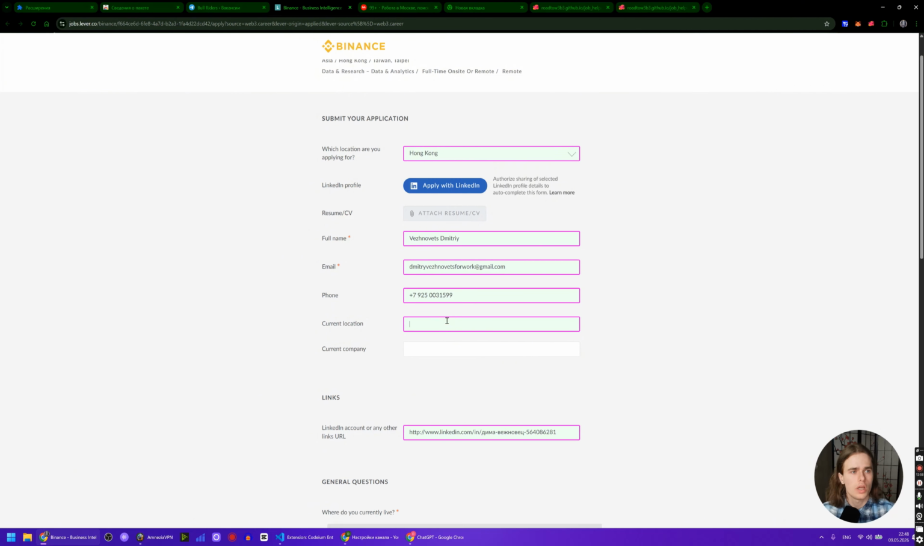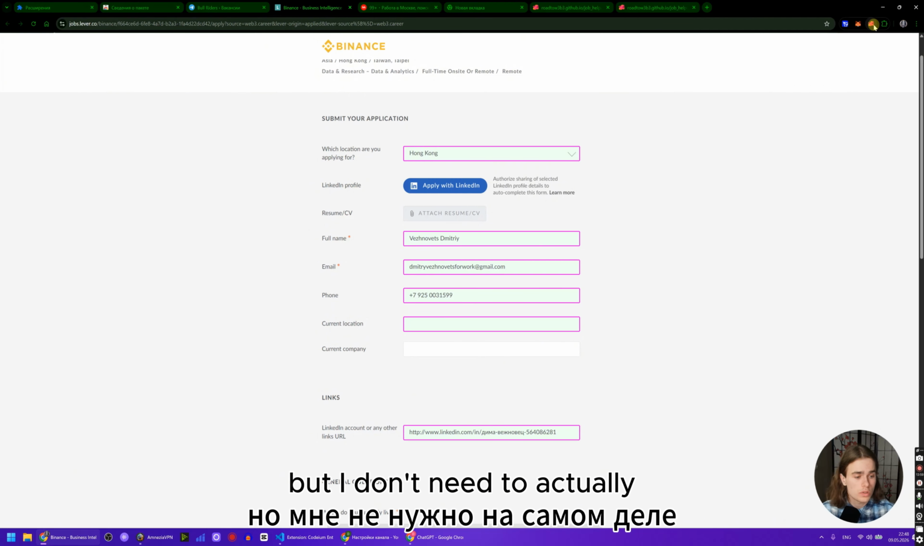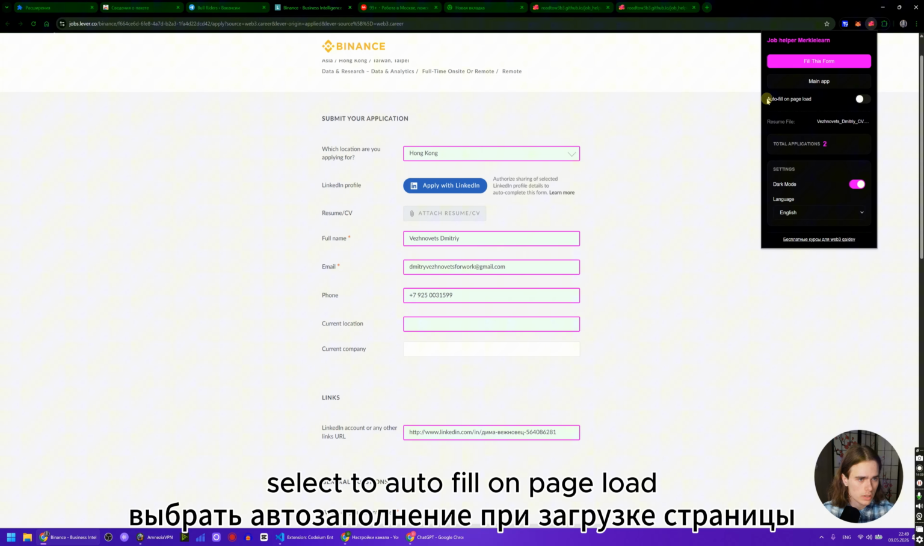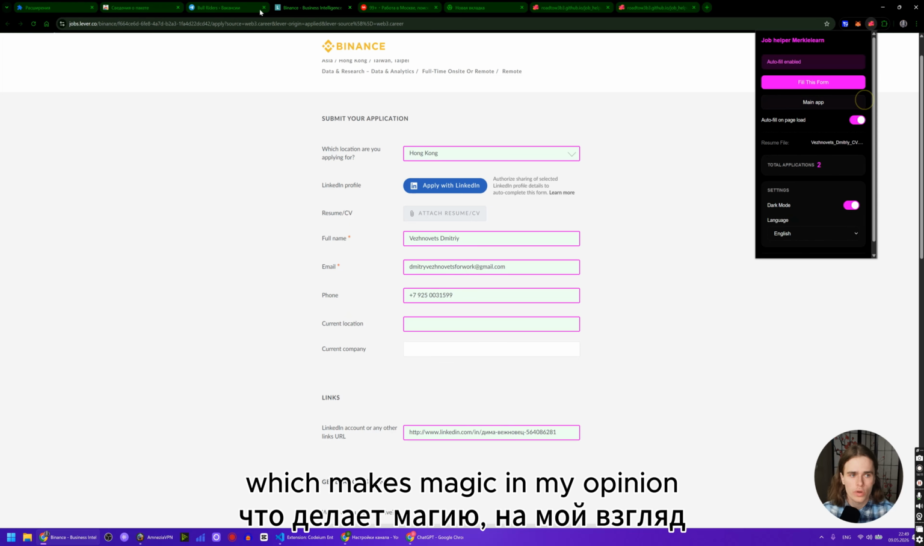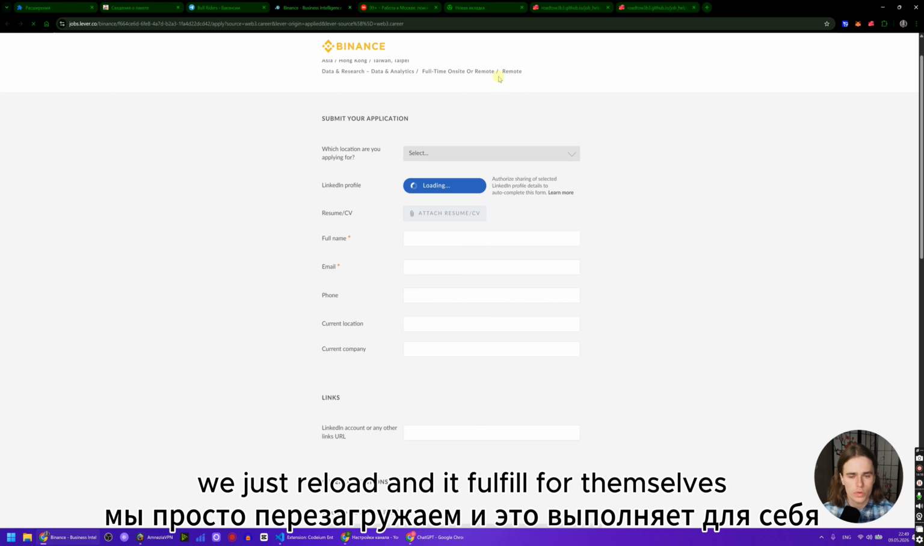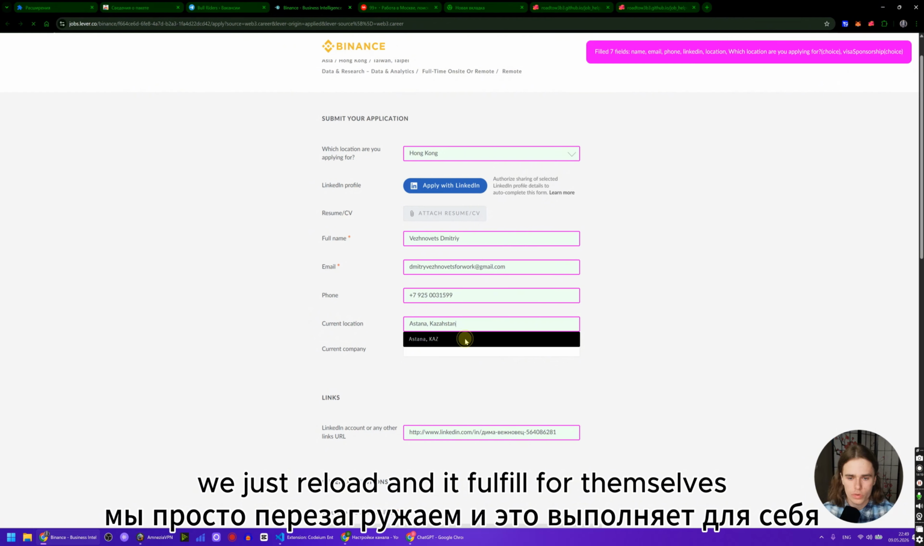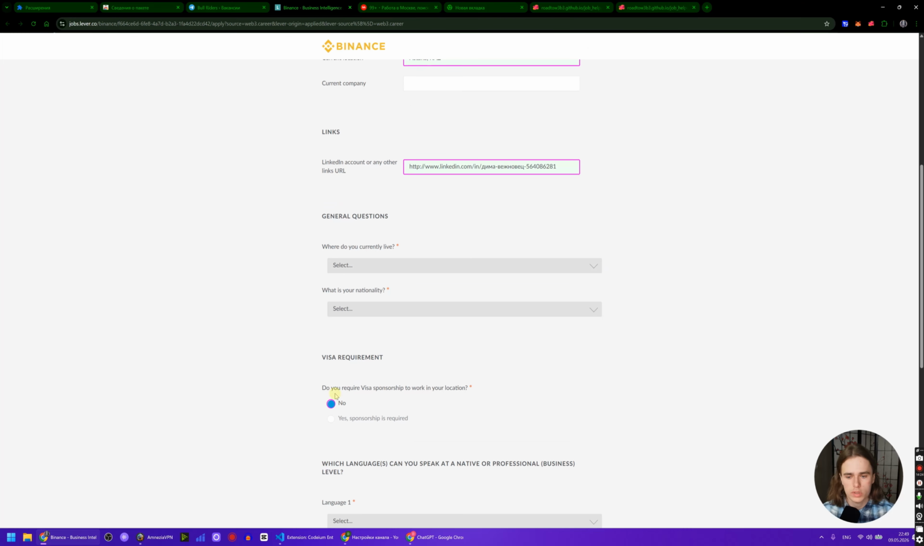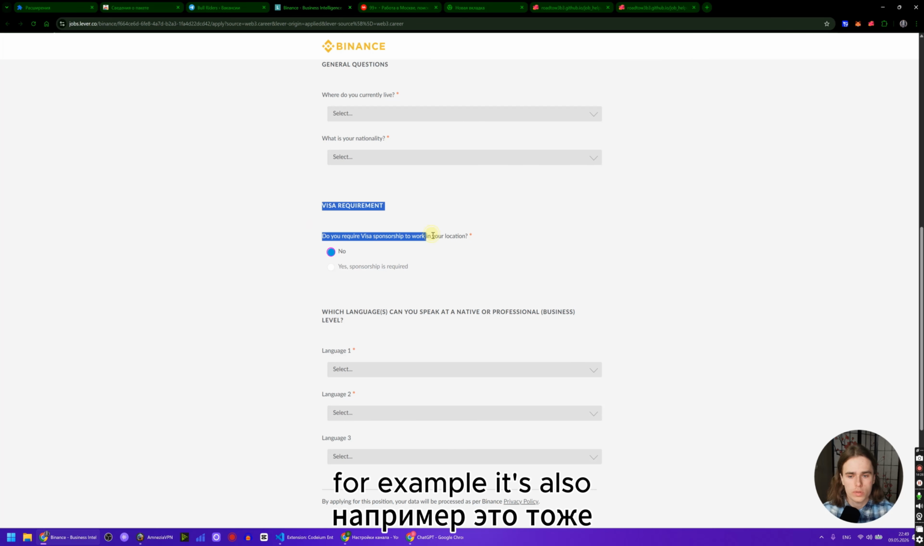Sorry for this, but I don't need to open the extension each time and fill in the page. I have this selector, autofill on page load, which makes magic, in my opinion. We just reload and it fills itself. Don't need to click here and do anything else. For example, it also can